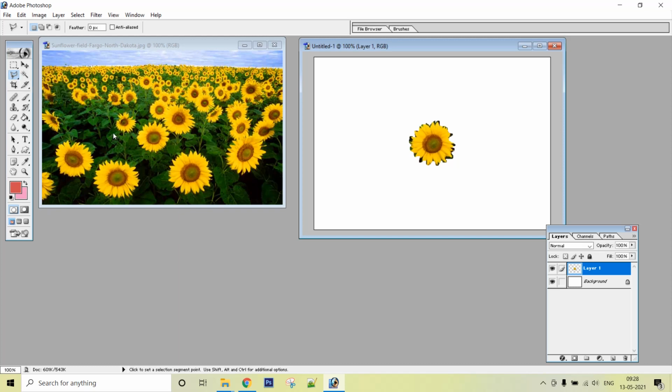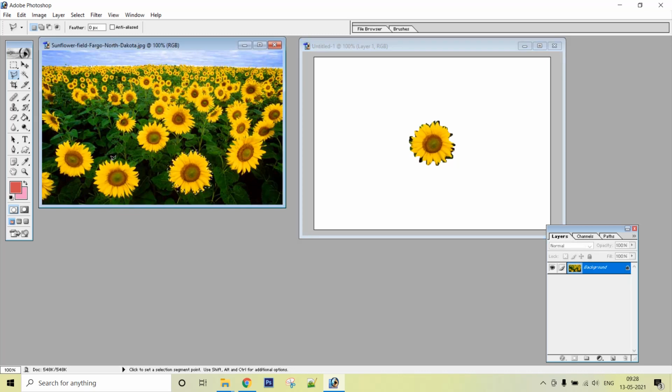Polygonal lasso tool, it is a freehand tool, but here you don't have to continuously keep on pressing your mouse or your pointer key. You just have to click and, sorry, I have to deselect it. So if I press here, then here, then you can see that we are getting edges. You have to click here, then here, then here, then here. You have to keep on clicking for every edge that you want to select, right? So here